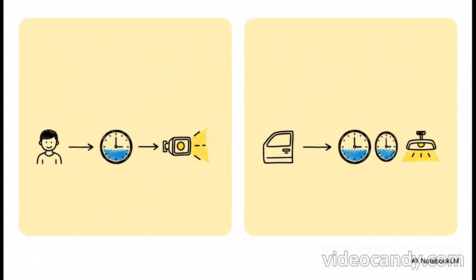The two big ones you're going to see all the time are the on delay, or TON, and the off delay, or TOF. The on delay timer waits for a bit before it does something. Think of a motion sensor light that only turns on after you've been standing there for a few seconds. The off delay does the opposite. It keeps something running for a bit after you've turned it off. You know, like the interior light in your car that stays on for a few seconds after you shut the